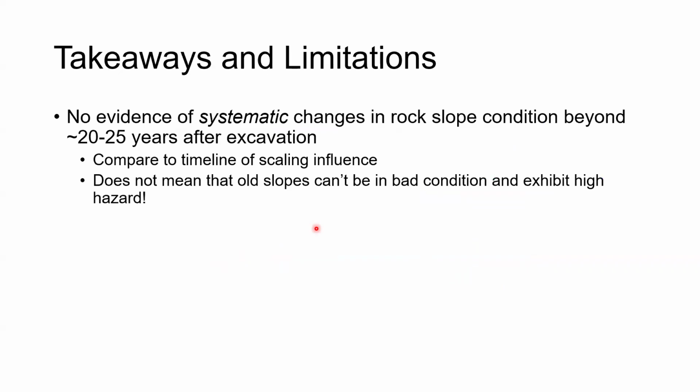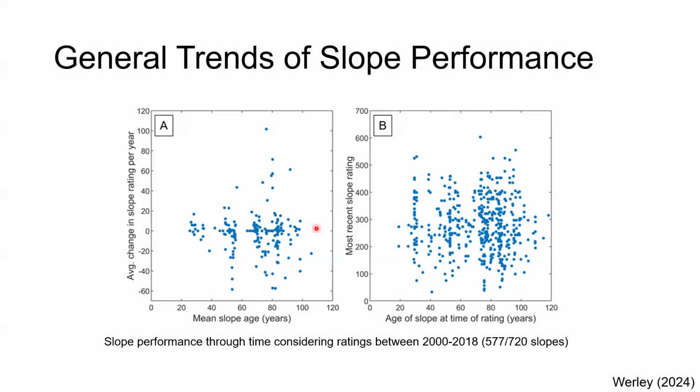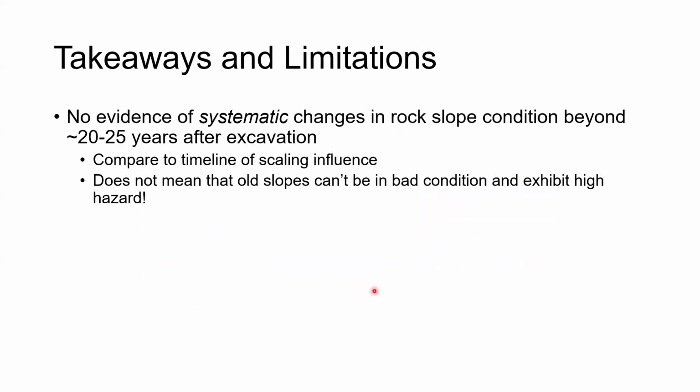So what's our takeaway here? Well, an important thing, I'll go back for one moment, an important thing to note is that if we look at these plots, we actually don't have data for slopes that were excavated within 20 to 25 years before the ratings were taken. And so all we can really say is that there's no evidence of systematic changes in the rock slope condition beyond about 20 to 25 years after excavation. Now, that's not to say that there couldn't potentially be some changes from when the slope is first excavated to say that